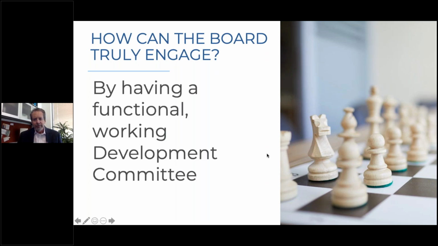Because the development committee, while it's not intended to ever be a boss of the development department, and I'm going to say that a couple more times because it's a very clear role that the board committee should have, an important role that a development committee should not have is to be the boss of development. As a development director, director of advancement, or whatever your title may be, you have a boss, and you should only have one boss, and that is the president, executive director, or CEO of your organization.